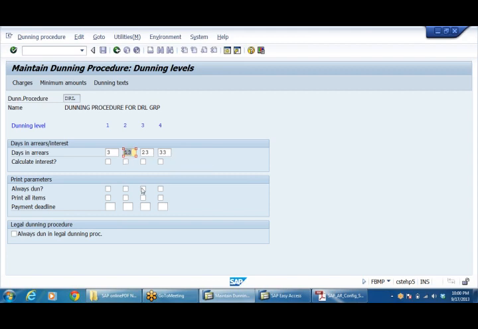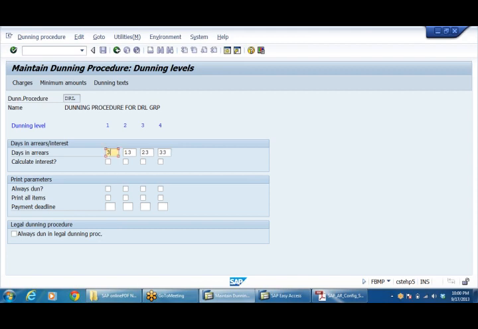Now second, after 10 days, so 10 plus 3, 13 days, then 20 plus 3. If he did not respond to the first letter, then the second letter, then the third letter, even if the third letter gets no response, then on the 33rd day a legal notice will be sent.